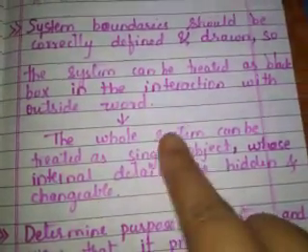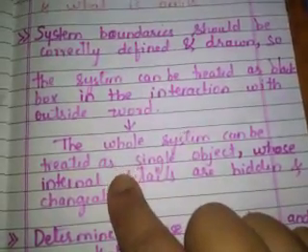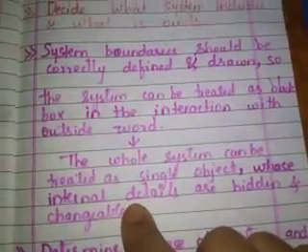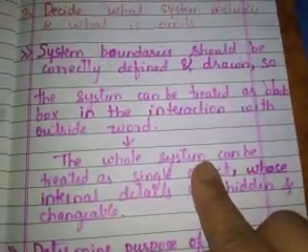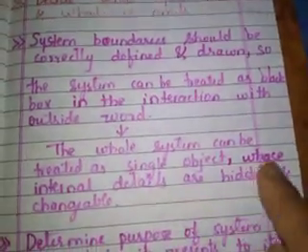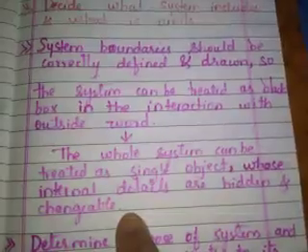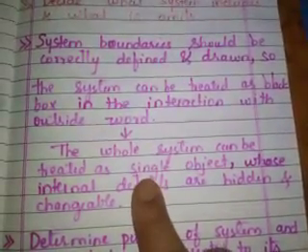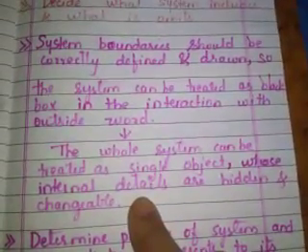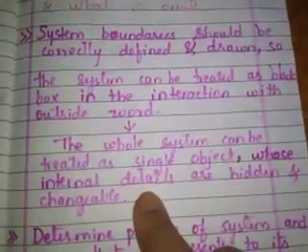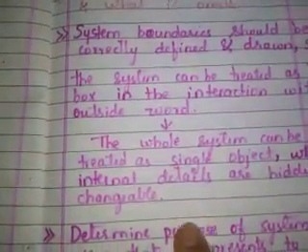So like that, if the system is taken as a black box, wherein the internal things are decided and there is no need of worrying about the external aspects, the whole system works as a black box whose internal details are hidden from the user and are also changeable. They have changed the internal structure of the ATM machine to read the new notes, but for the external user, for me, it is not changed, it's working. That's why the identification of the system boundary is very important, which is the first step.